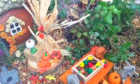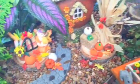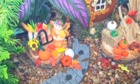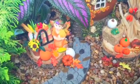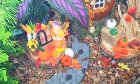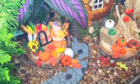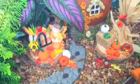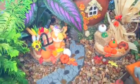So that's our cornstalk. The next is, yes, this is our sweet little wheat fairy. I call her the wheat fairy. She's holding a beautiful bouquet of wheat, and then that's an actual handmade fairy basket in the back with baguettes and wine and veggies. And there's also a sunflower and pumpkin and leaves. Very cute. Then the next little vignette we're going to zoom to